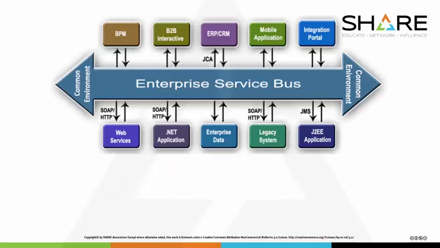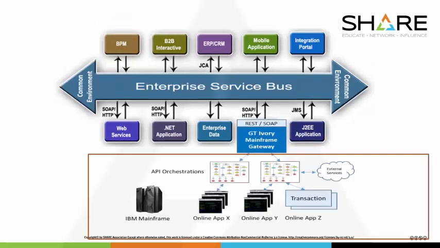The second one is we hear, oh, I've got an enterprise service bus, or an ESB, so I really don't need to develop any new APIs. I just treat the legacy system as this little box on the lower right and I talk to it. Well, in that box, maybe you want to do REST and SOAP, and you want to talk to online applications, transactions, and external services, and maybe the mainframe is talking out through the ESB too, but you need a way to do that where you create maybe some intelligent workflows.